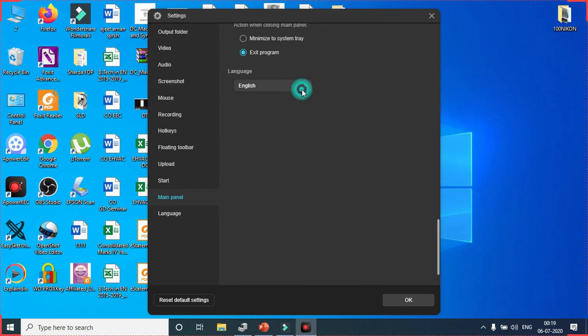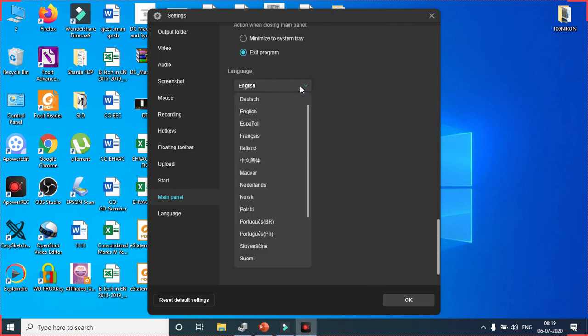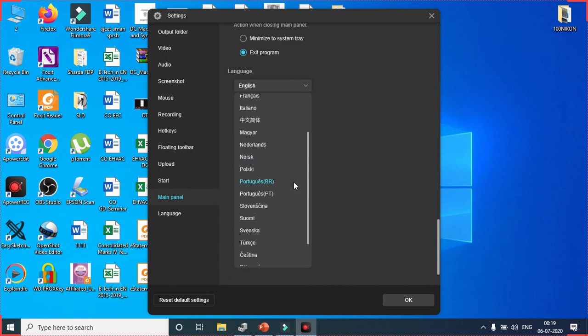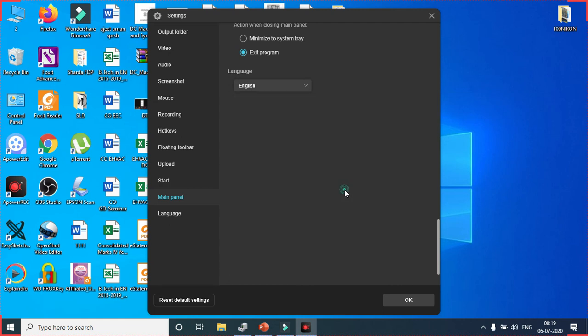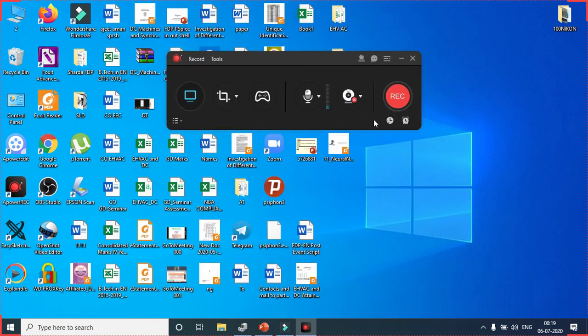In this video, I have talked about the settings: what are the settings required for recording a video using Power REC software. In the next video, I will tell you about the features or functions of this software, and how to use this software while recording a video or while capturing a screen.